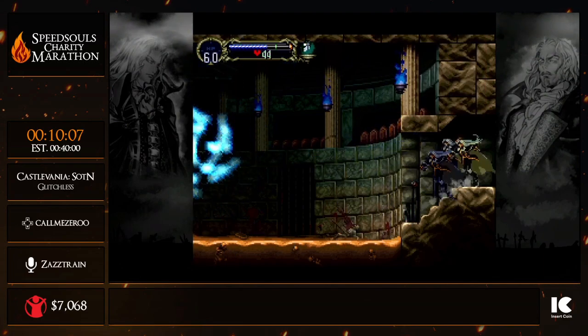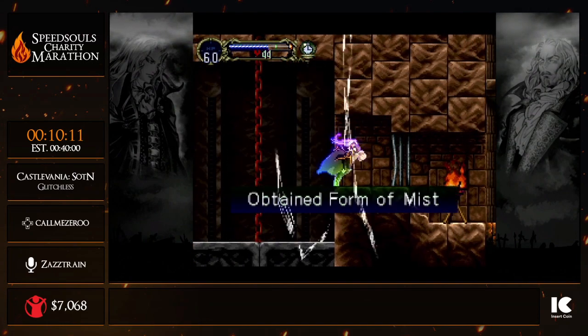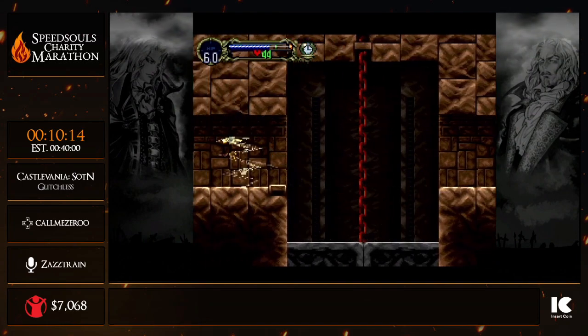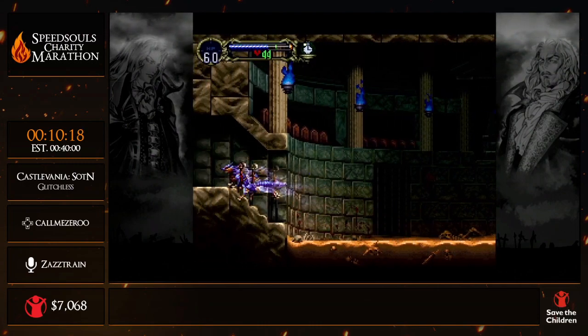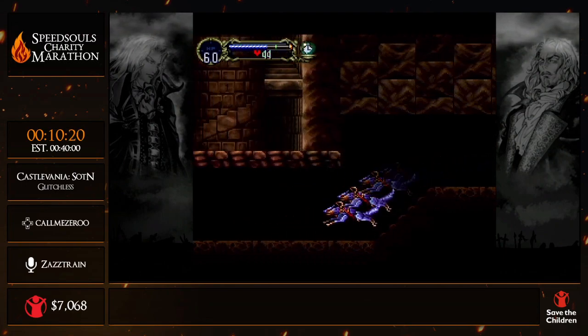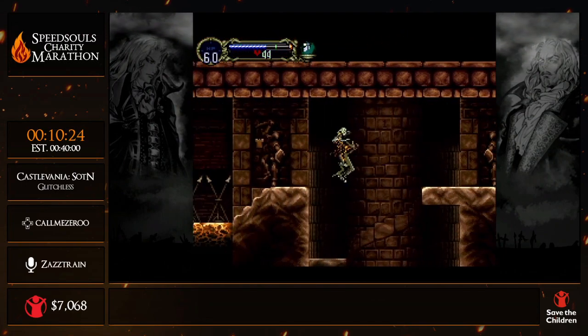Skip the cutscene. We found out some cool lore. We found out that the guy that we played as, Richter, who beat up Dracula, is actually claiming that he's the lord of this castle, which doesn't happen because he's from the Belmont clan. I don't know why I'm explaining lore to you. You probably don't care, but basically the Belmonts are usually the